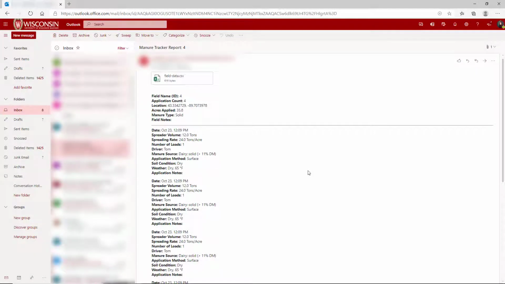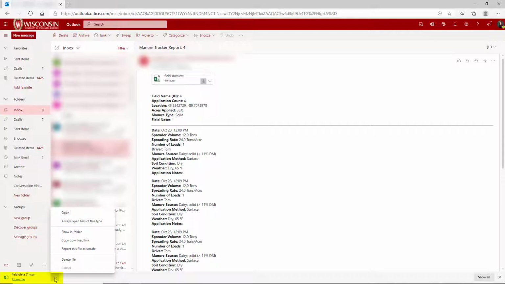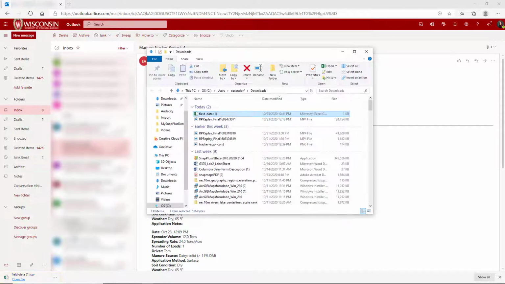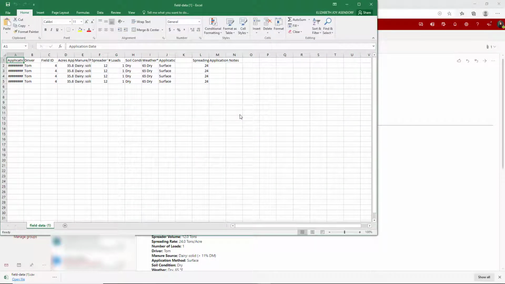Open the email in your inbox and download the CSV file to your computer. This file must be in the format of an Excel workbook, so we are going to convert it by opening up the CSV file,